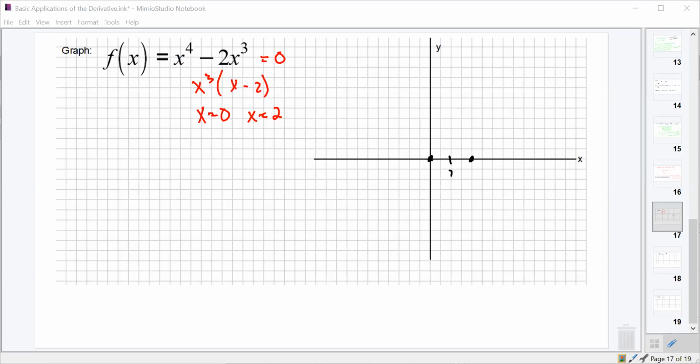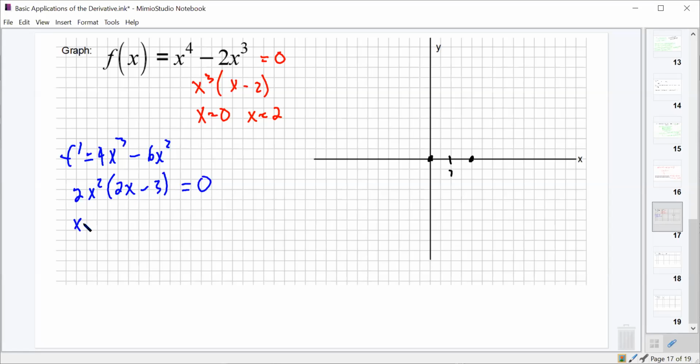All right, so what was your derivative? F prime should have been 4x cubed minus 6x squared. And we could take out 2x squared from that to get 2x minus 3. Setting it equal to 0, so this would be x equals 0 and x equals 3 halves. And with a sign chart,